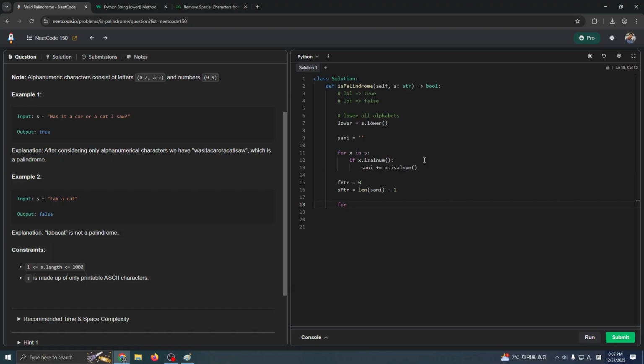Now we have to loop in range of sanitized. So if sanitized at the first pointer equals sanitized at the second pointer,